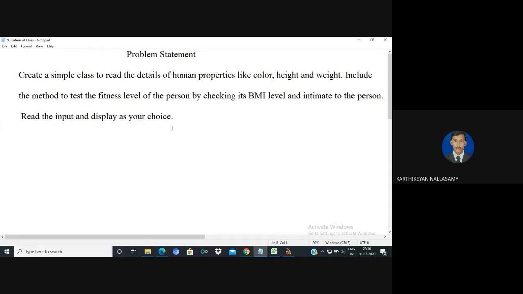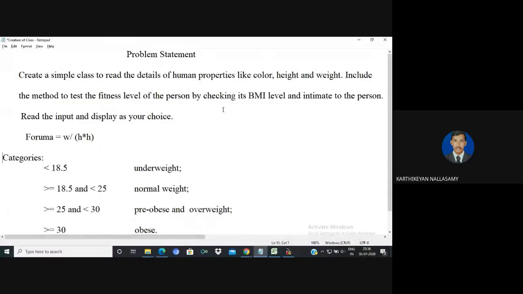First of all, you must know how we need to implement the formula. So this is the formula: weight in kg divided by height in meters squared. And these are the different categories.